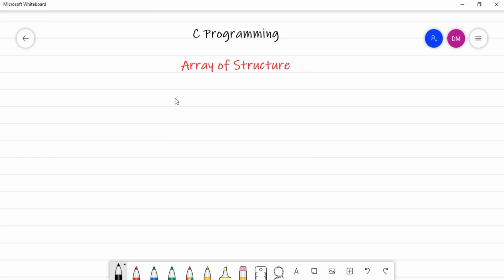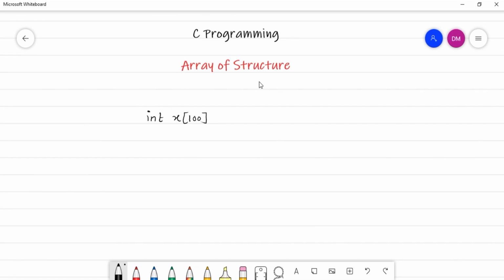So let us start. All of you are familiar with the concept of arrays, right? When we create an array, if we need any particular data in vast amount, say you want to store 100 integers, what you will do? You will say int x of size 100. Whenever there is a necessity to store the same type of data in vast amount, in that case we use the concept of array, right?